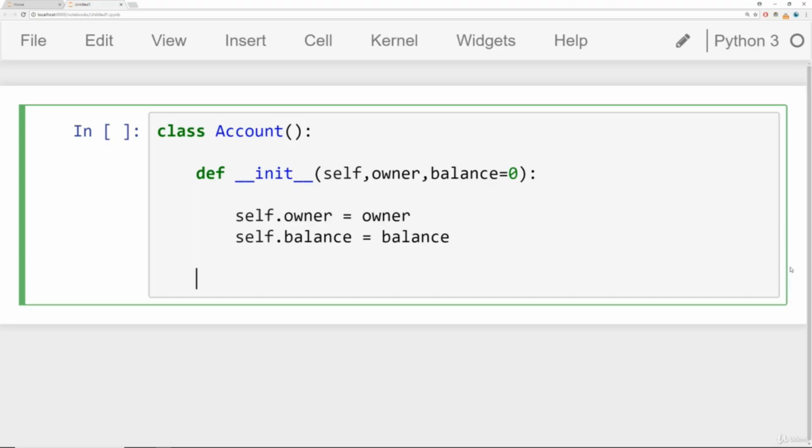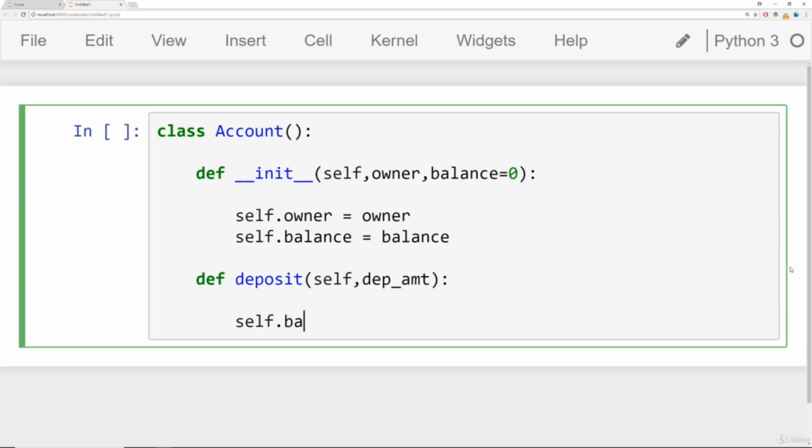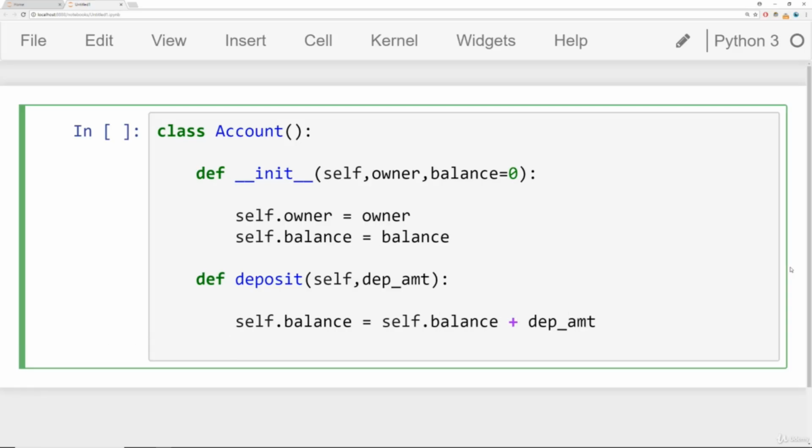Next, what we're going to do is set up our deposit and withdraw methods. So we'll say deposit self, and we're going to need some amount to deposit. So we'll say deposit amount, or dep underscore AMT for short. And what we do here is we grab our current balance and we'll set it equal to our current balance plus that deposited amount. And then what we can do is instead of returning anything, we can just print out added blank to the balance. And we can use f-string literals if we want here, or .format, whatever you prefer, and then just pass in